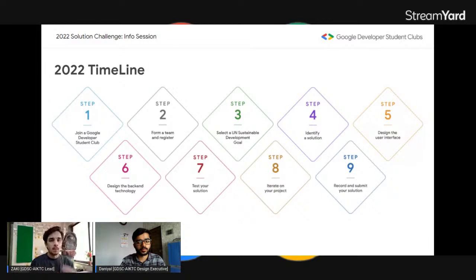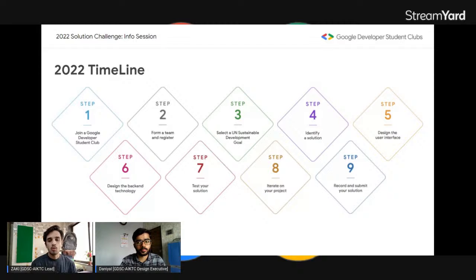So if your campus doesn't have a GDSC, you need to collaborate with one person from a university which has a GDSC. For example, our campus has a GDSC, so you need to collaborate with one of our campus university students in order to take part in Solution Challenge.